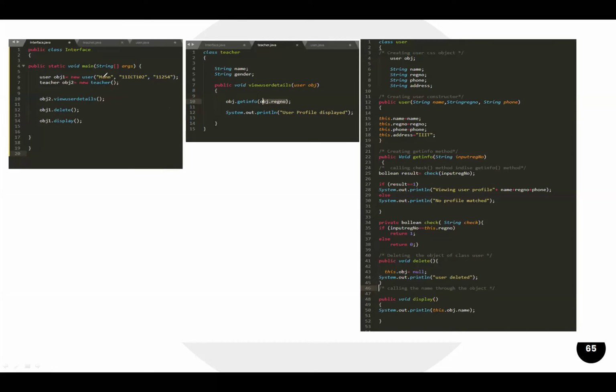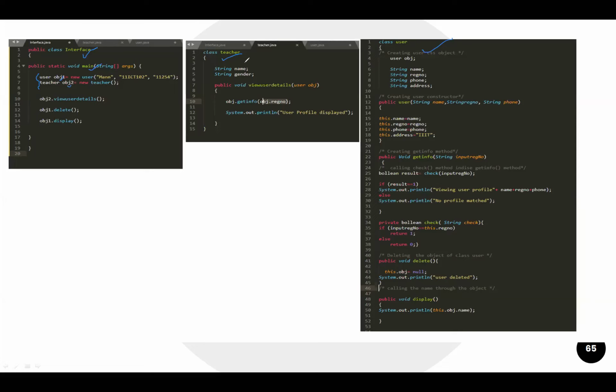Here we have three classes: one is the interface class, one is the teacher class, and one is the user class. The interface class contains the main method, through which we are going to create the object of the class user and the object of the class teacher.